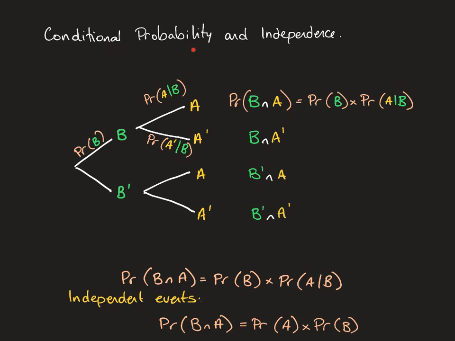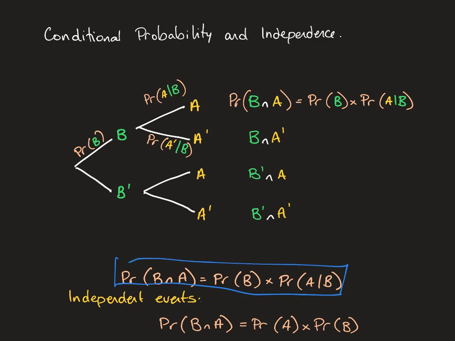So what about conditional probability and our tree diagrams where we have independent events? We know that this branch here is a conditional branch. Depending on what happens to be, A will have a different value. So let's just pretend that that is in fact the case, that what happens here depends on what happens here. So our probability for B intersect A is actually equal to the probability of B, which is this one, multiplied by the probability of A intersect B. So we have this formula down here,